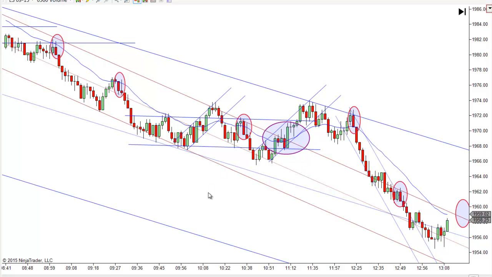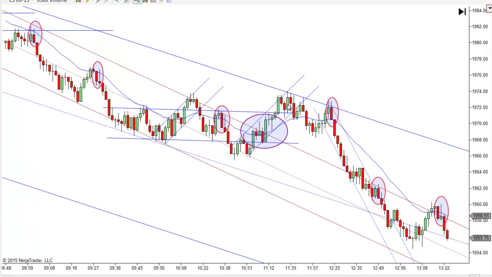But you got to look at everything, and you got to see the big picture. You got to take it into context. And if you get all the other things lining up, then you're probably okay. But notice here, that's your first break of this trend line working up. You got your break here, you tried to go higher and get a retest, then you get a 2-legged move back, and it's really tempting to go short right there,